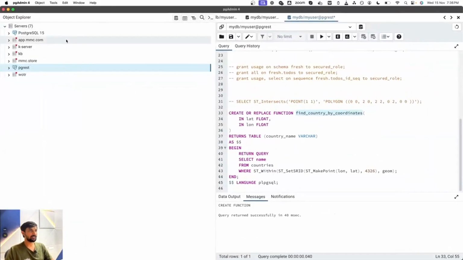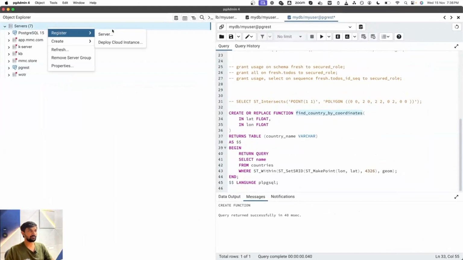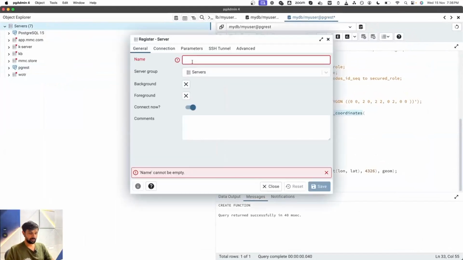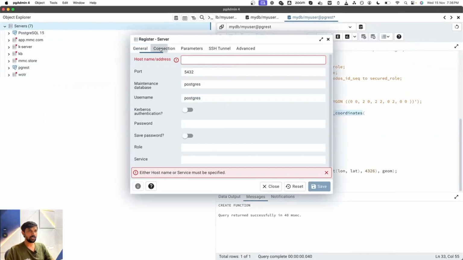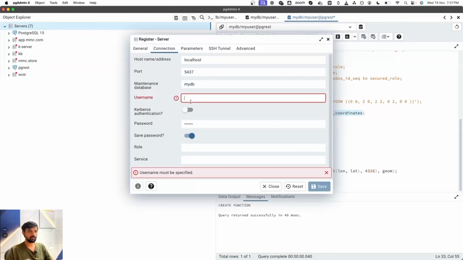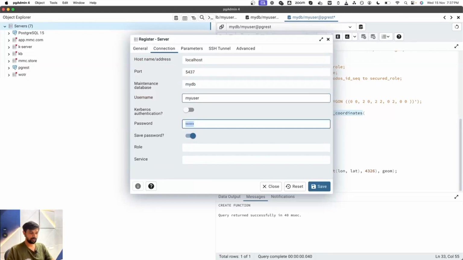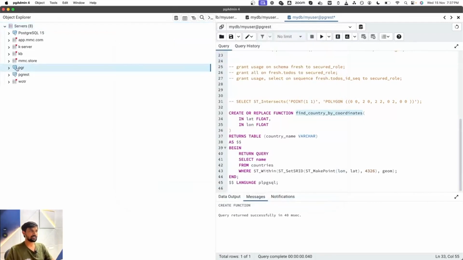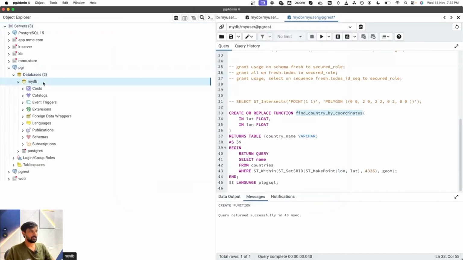So I will simply add a new server with the name PGR and localhost 5437, my DB, my user, sorry, it will be over here. Then we have my user and my password. There we go. Once I save this, I have my database over here, and I can go inside my database,